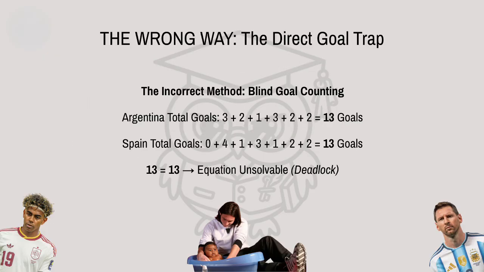Let's first look at the incorrect way people try to mathematically solve this match. A basic approach is simply counting total goals scored across tournament stages to see who has the higher number. Looking closely at the data, both teams have scored exactly 13 goals up to this point. Relying strictly on raw goals leaves us with an equal value on both sides, making it impossible to solve the